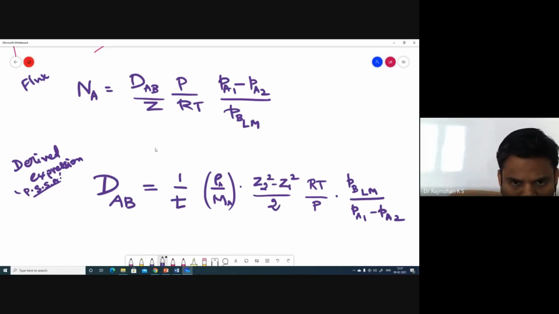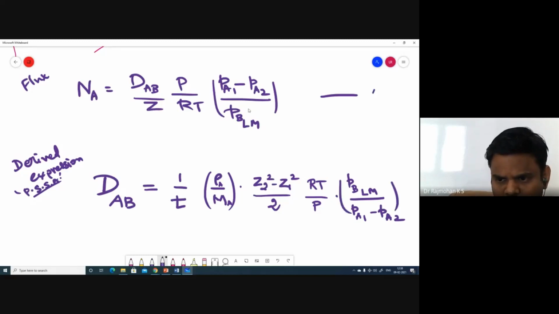We first derived the flux equation for fluids, then from the constraint that NA equals NA by NA plus NB terms, we replaced the concentration terms with partial pressure terms. In the same way, in the table I asked you to write the same equation in terms of mole fraction, with YA1 minus YA2 and YB logarithmic mean. So how can we replace this term? At least we should check. I'm doing it here, but actually we are going to make use of it in this equation here.